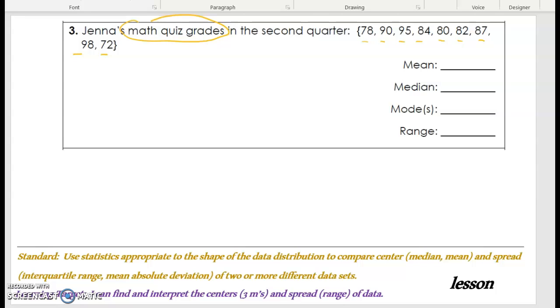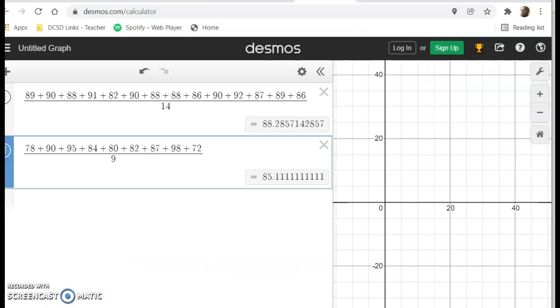All right, so let's find the mean. I'm going to cheat and go to Desmos. I added those 9 quiz grades together, 1, 2, 3, 4, 5, 6, 7, 8, 9, divided by 9 since there were 9 total. And I got